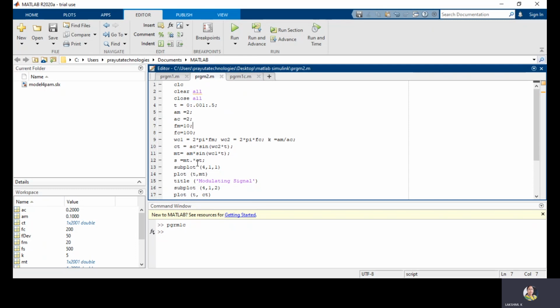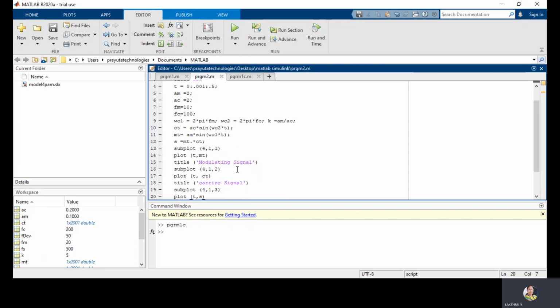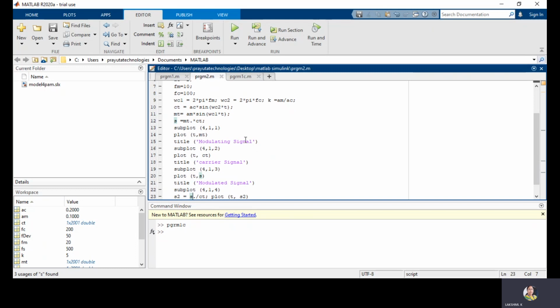Here you need to consider that for the product in MATLAB we have two operators, dot and dot star. For element by element multiplication, we need to take the dot star. That's why dot star is taken. Next, for observing all those individual input signals and the modulated signal, we are taking the figure window with the subplot and plot command. These are the same as in the previous program. In the first figure M of T is observed, in the second figure the carrier signal is observed, and the third figure is the modulated signal.